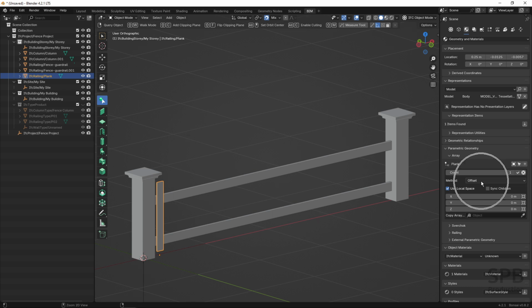So first, it's important, you've got 2 options of methods. Offset, which means you will set up the distance between each of the planks, or distribute, where you will set up the distance between the first one and the last one. So let's say I would want to distribute through to 3.9 meters, and I would want to place 10. Here I have the count of the array, 10 planks, and to see the result I will click this checkbox,